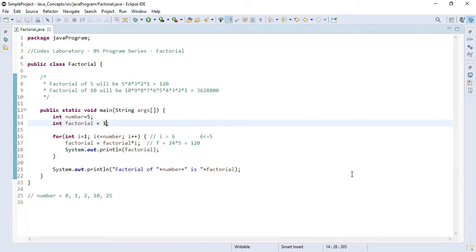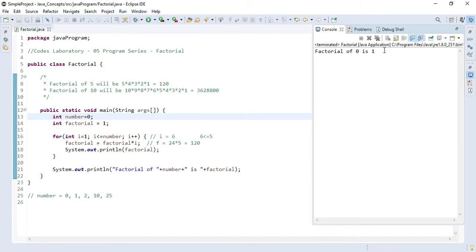As you can see, I have written some numbers here for which we'll be testing our program, so that we get to know how our program performs and what the limitations of our code are. First let's check for 0. As we know, the factorial of 0 is 1, and let's see.